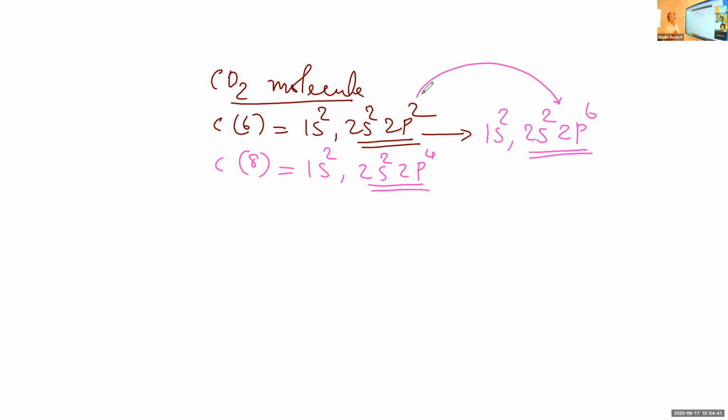How many covalent bonds? 2. 2 more covalent bonds, so that the configuration will be 1s2, 2s2, 2p6, 8 electrons in the outermost shell. So carbon has to form 4 covalent bonds and oxygen has to form 2 covalent bonds, and therefore what will be the electron dot structure